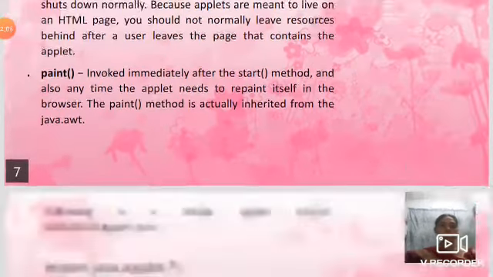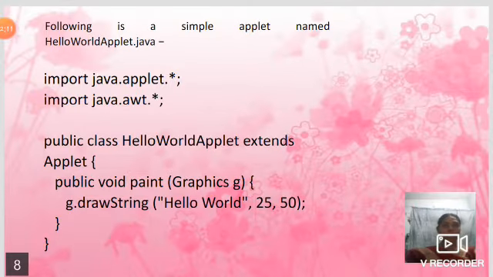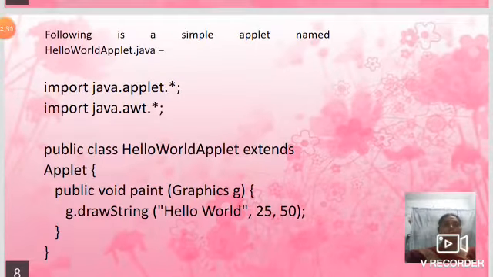Next, we are going to see an example program using an applet. We are using two import statements, that is java.applet and java.awt, and the public class HelloWorldApplet. HelloWorldApplet is the class name, and it extends the Applet class, and inside that we are using the paint function.